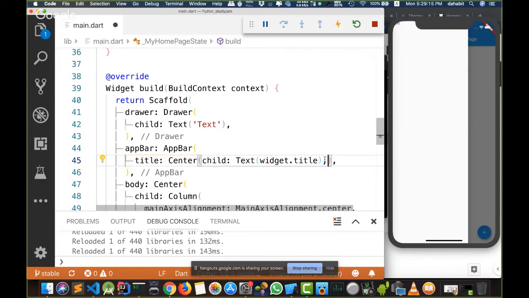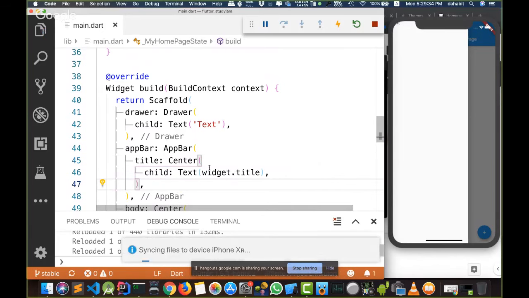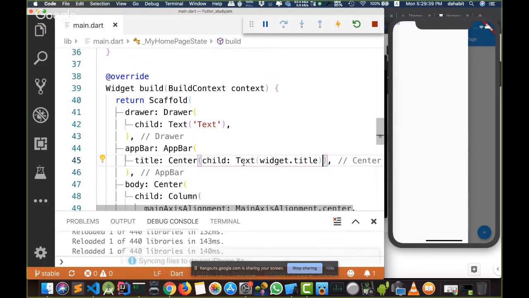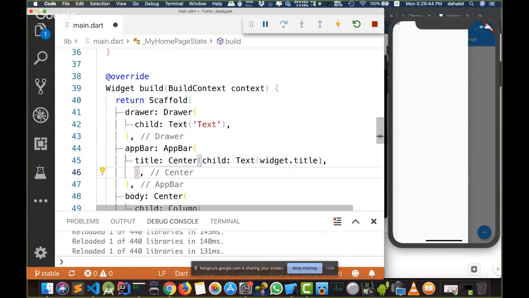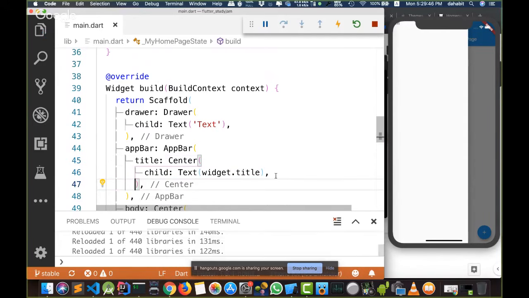But as we can see here, there is one very important piece of info I need everyone to know when they start their journey with Flutter. It's better to put a comma everywhere after you are finishing any element or any sub methods you are writing. I didn't press save till now, but if I press Command S or Control S, you will find my code now is better. But if I remove the comma from here, it will come again and my code will be in one line. So it's better to write a comma after every element when you are writing to the screen.